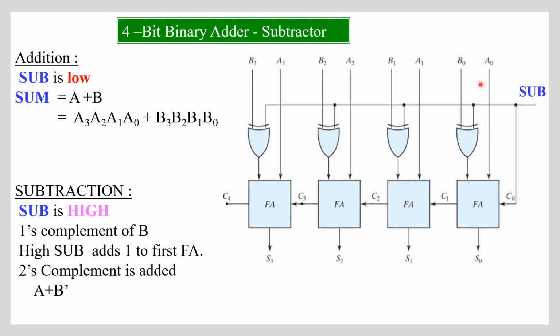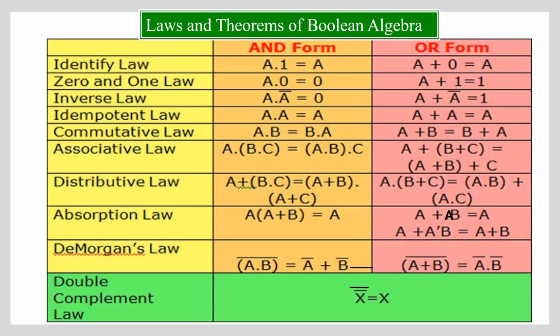And this 2's complement will get added with A. So here we got the 2's complement of B0 plus A0 will give me the subtraction. But by using 2's complement number, we can do the subtraction. The sub is high, 1's complement of B यहाँ पे आएगा. Then sub is also 1, so we get 2's complement, and then we'll do A plus B's 2's complement, so we get the subtraction of the number. Clear?